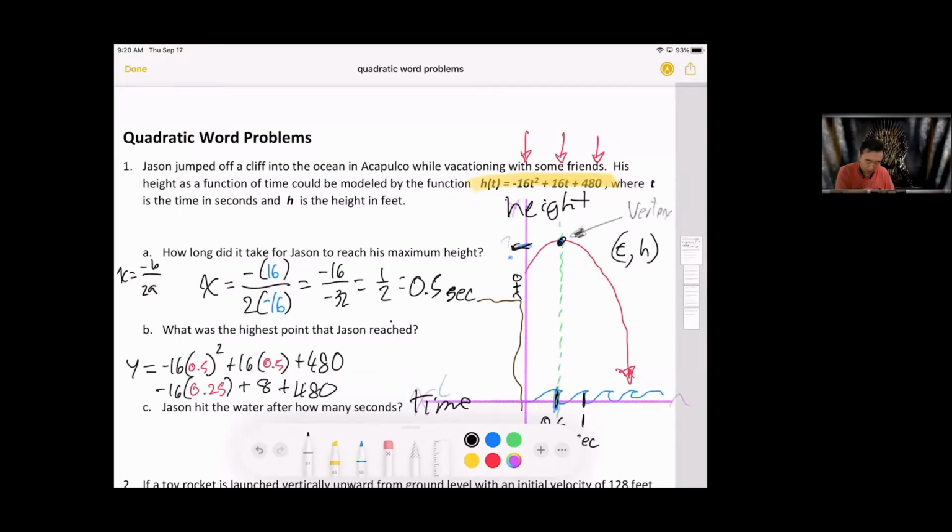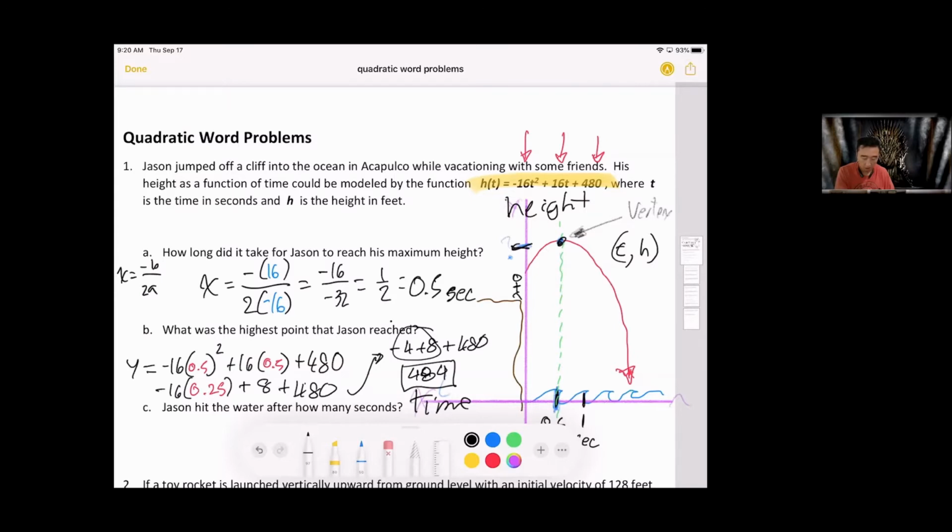Then you end up with negative 16 times 0.25, is it perfectly 4? Negative 4, yeah, plus 8 plus 480, right? Yeah. This becomes 484,